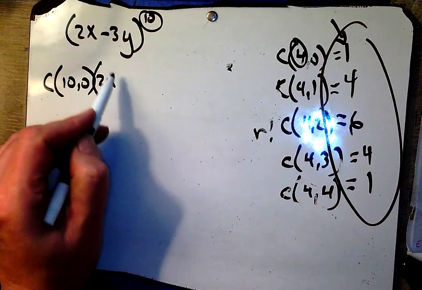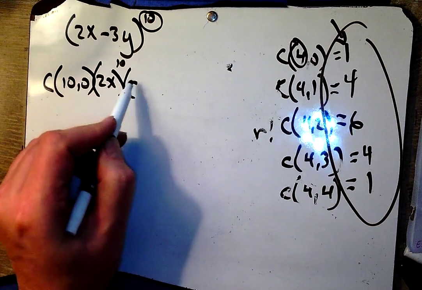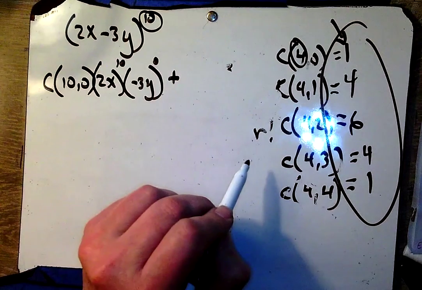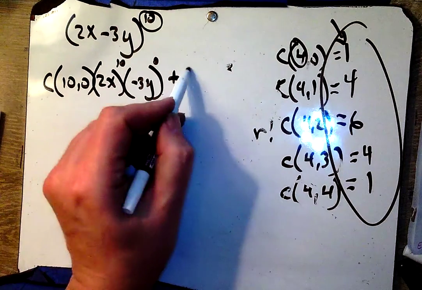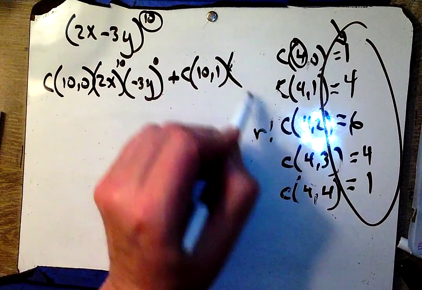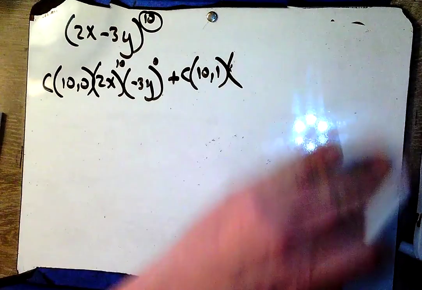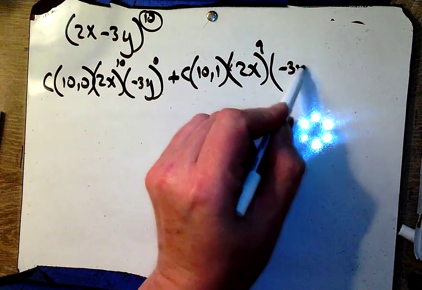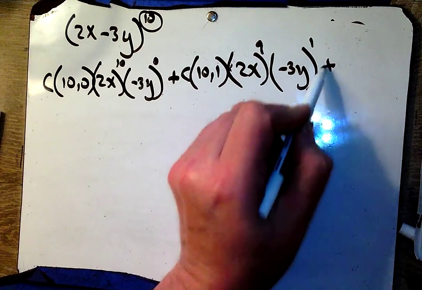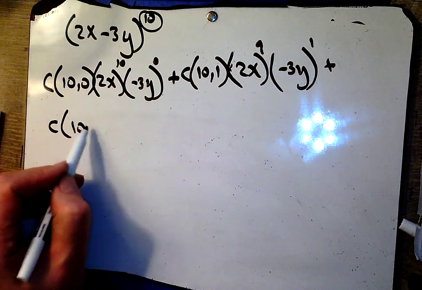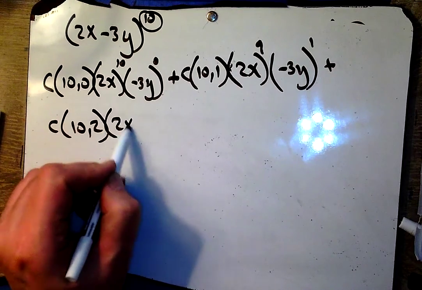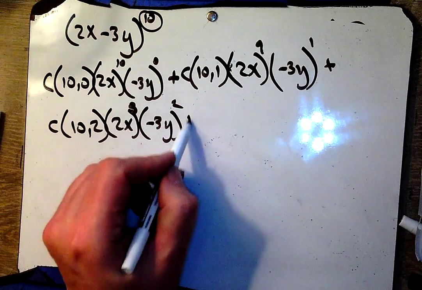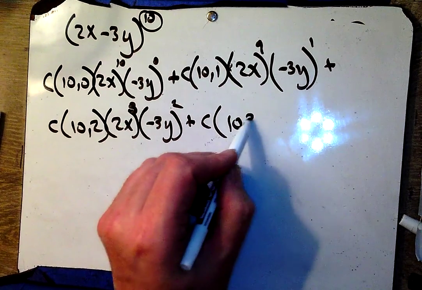I still need to do 2x to the 10th times minus 3y to the 0, plus a combination of 10 choose 1 times 2x to the 9th times negative 3y to the first, plus a combination of 10 choose 2, 2x to the 8th minus 3y to the second, plus a combination of 10 choose 3